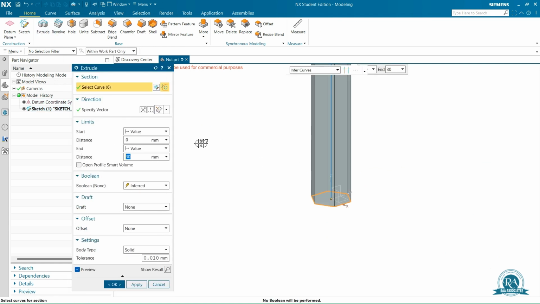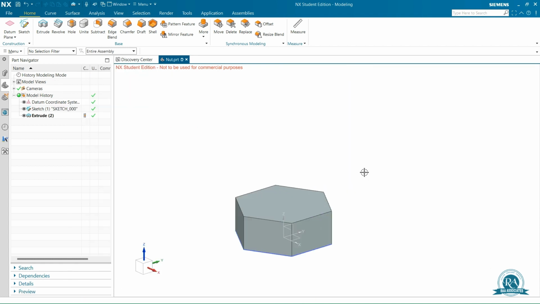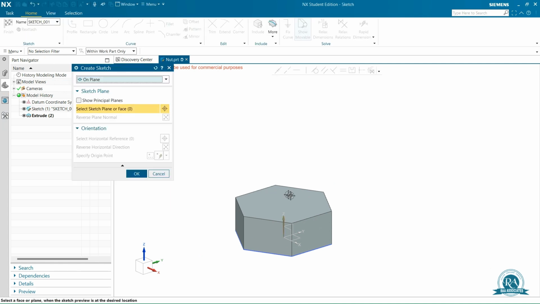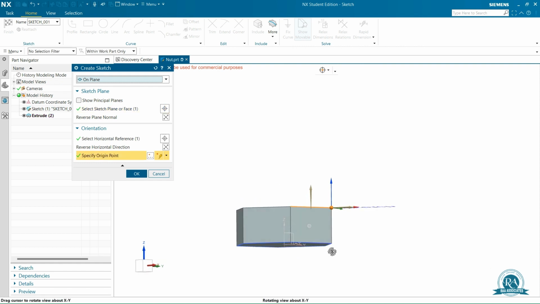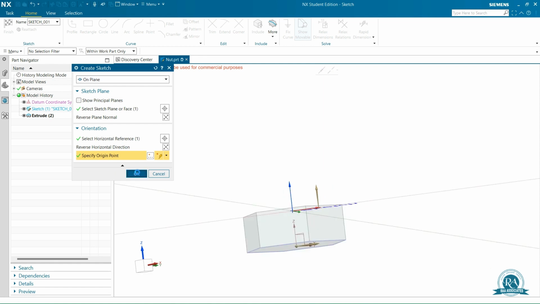select extrude to a distance of 2 mm. Now create a sketch on the top face, specify the origin point, select the origin of datum coordinate system,